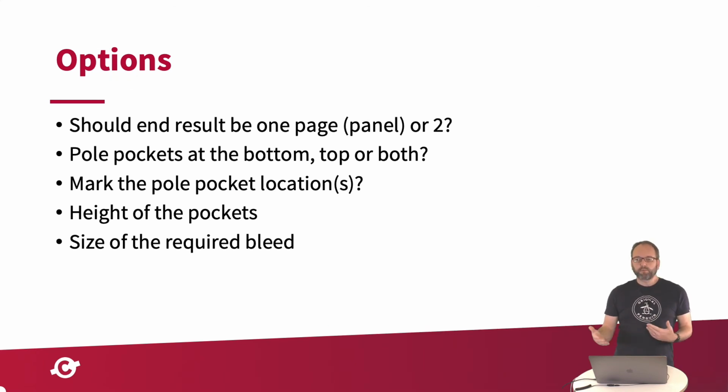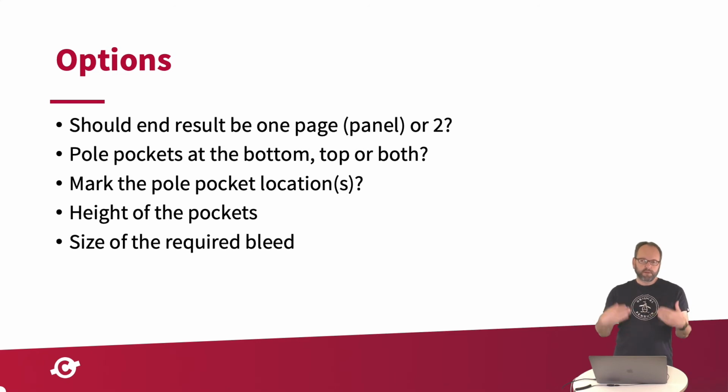There are a number of options, as you could see on the previous slide as well. For example, you can have a situation where it's not just a single print. It is very often a double print, because you have a front and a back of these kinds of things. And the front and the back can be identical, but it can also be different. And then you need to know whether the end result should be delivered as one much bigger file that gets printed in one go,